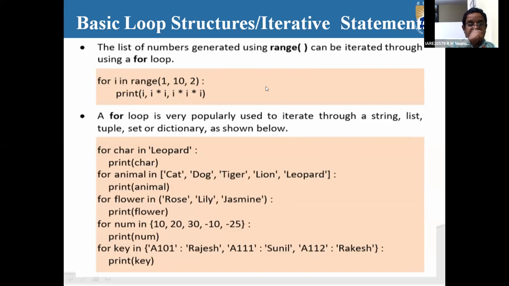What will be the output for this? If you are going to execute this particular for loop, what will be the output?